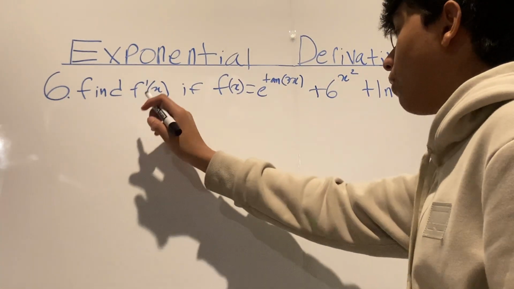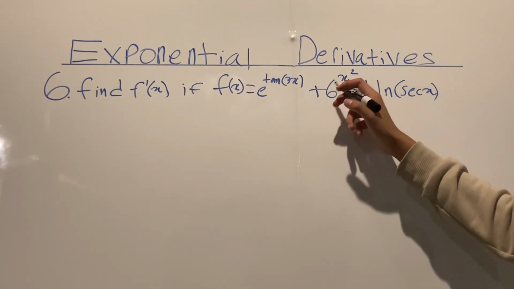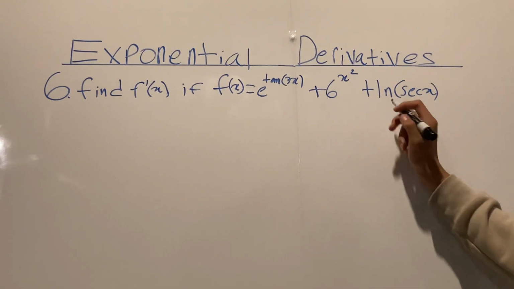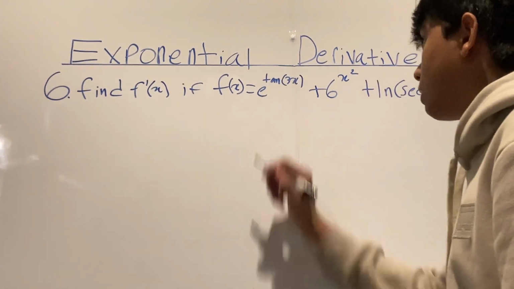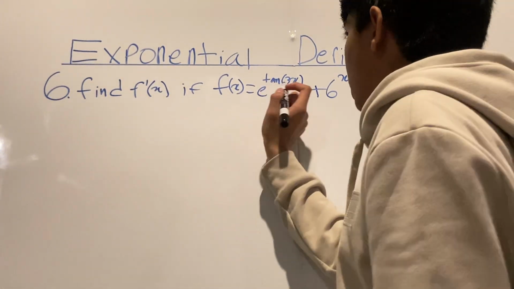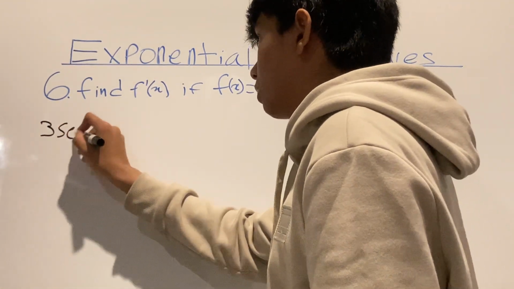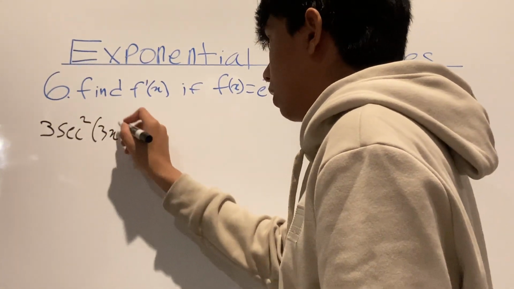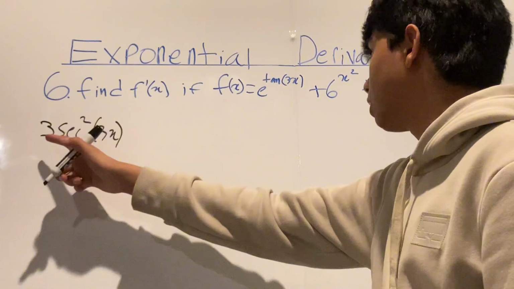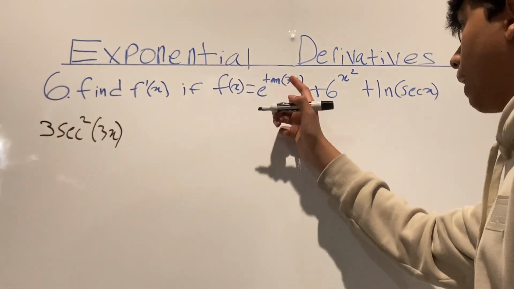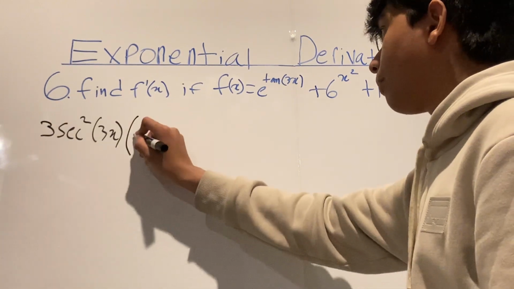Question 6. We have: find f prime of x if f of x equals e to the tan 3x plus 6 to the x squared plus ln of secant x. So the first step we're going to do is just find the derivative of e to the tan 3x. The derivative of tan 3x is just 3 secant squared 3x. You can do this with the chain rule, because the inner function is 3x, so the derivative of 3x is 3, and the derivative of tan x is secant squared x, where x is 3x. And then this is multiplied by e to the